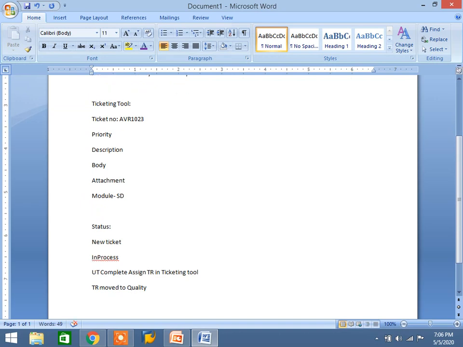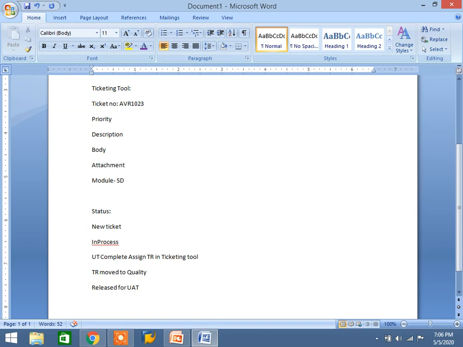Once it is completed, you can change it to release for UAT. Once UAT is released, they will test, and user will update UAT completed.